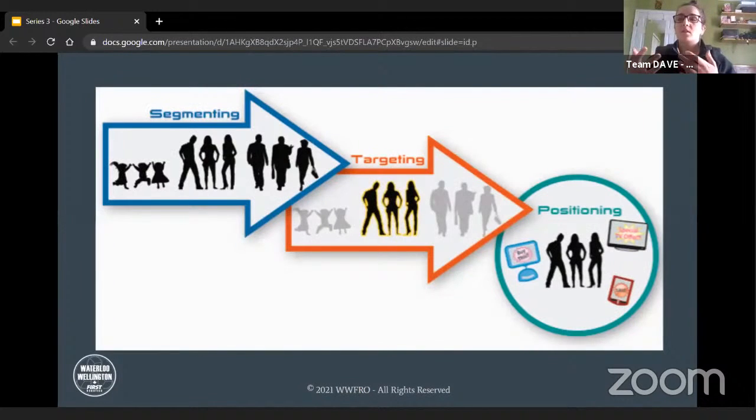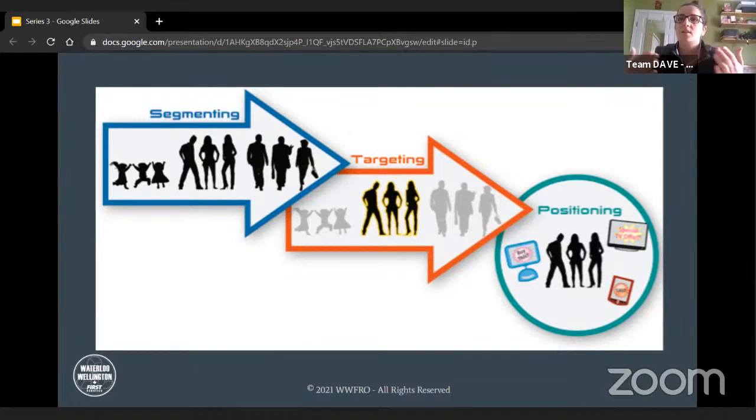A big part of research is also what we call STP. STP is segmenting, targeting, and positioning. It's a broad framework that summarizes and simplifies the process of market segmentation. Market segmentation is a process in which groups of buyers within a market are divided and profiled according to a range of variables that determine the market characteristics. Segmentation comprises identifying the market to be segmented, then identifying, selecting, and applying the bases used for segmentation and developing those profiles.